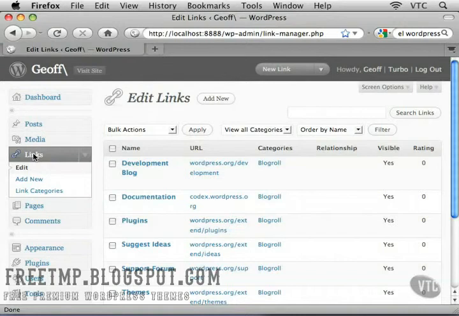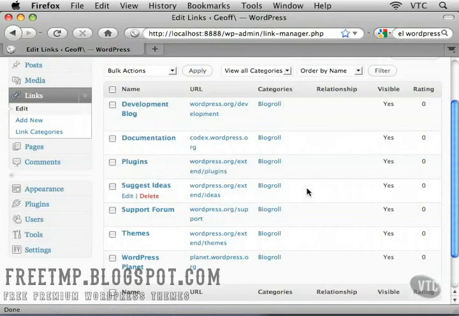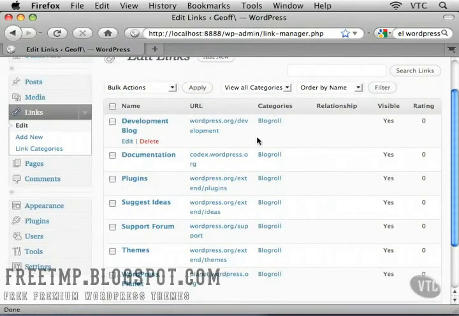Now, just like we have a default post created for us inside our default installation of WordPress, we also have some default links, and we can see all of those links inside this Edit Links panel. There's all kinds of them in there. We have the name of the link, and when I hover over it, we have Edit and Delete appearing there. We have the URL for that particular link. We can set up categories for our links, and the default category is called blog roll, hence the name blog roll. We have a visibility, and we also have a rating setting that we can use as well.